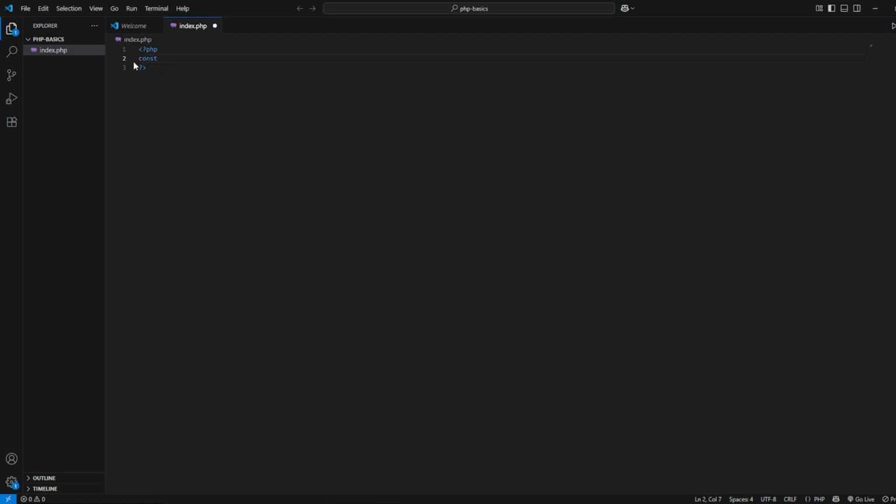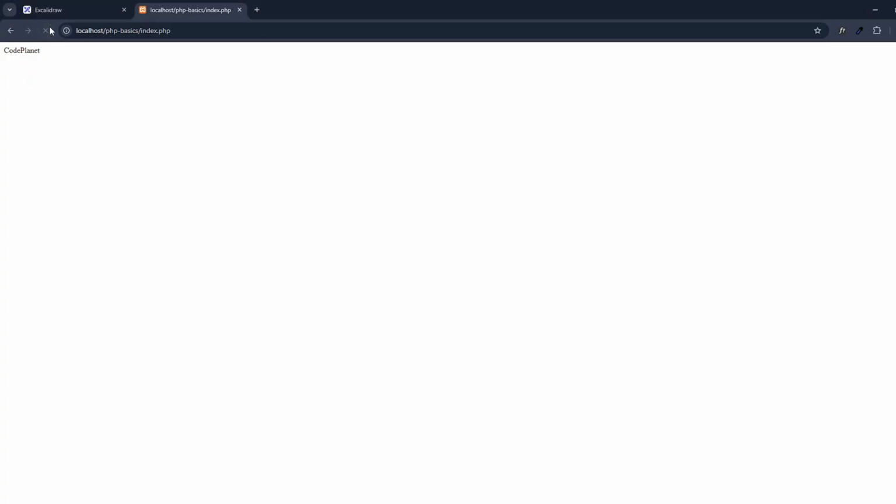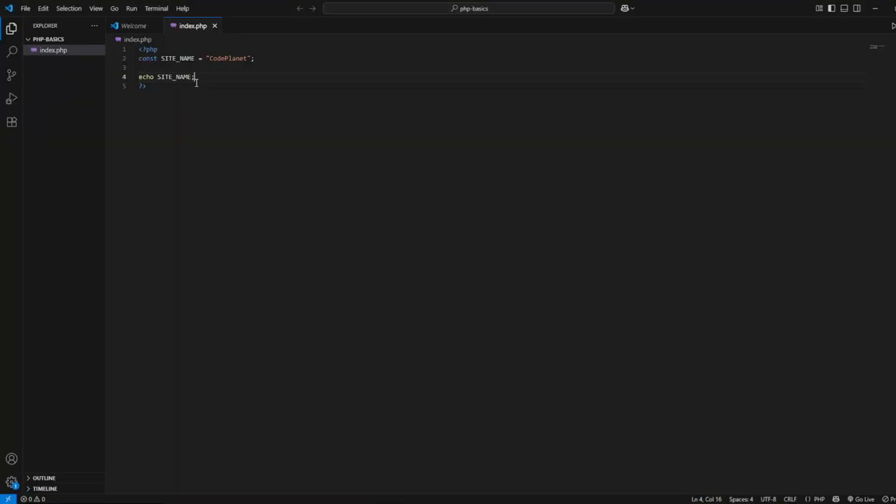And the cleanest way to create one in PHP is by using the const keyword, which is similar to JavaScript. So const, let's say SITE_NAME equals "Code Planet". Now if we type out echo SITE_NAME, let's see what it outputs. So it outputs Code Planet. You don't use a $ sign when accessing a constant, and if you try to change it later, PHP will throw an